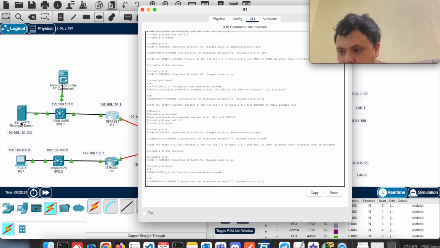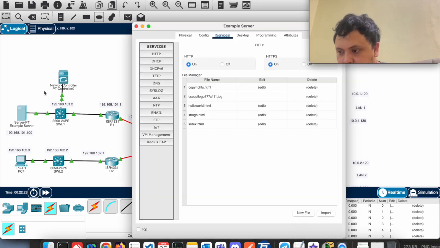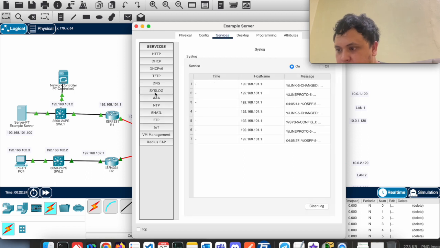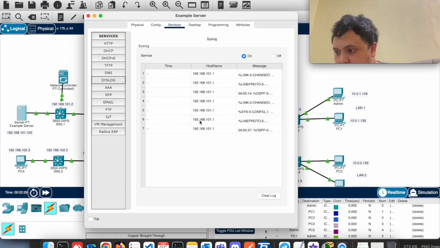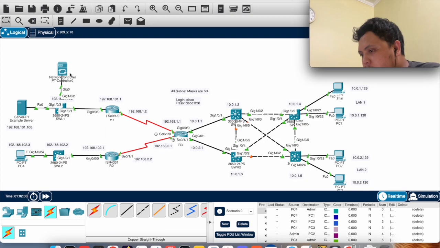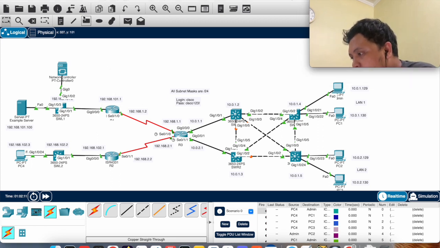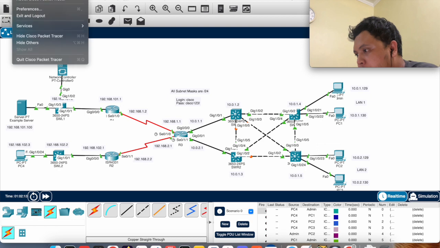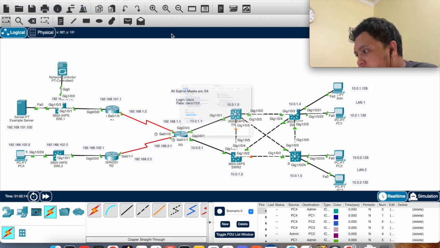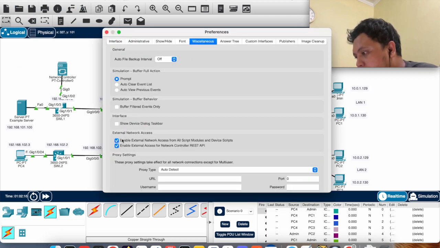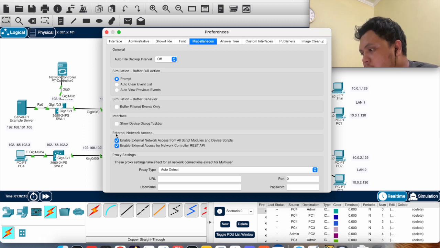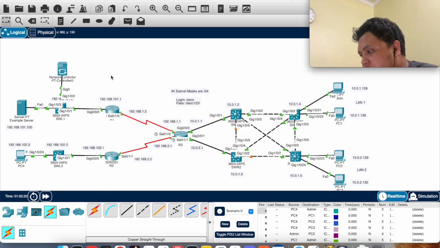Okay, let's see the log here on the example server. We go to syslog, and the log has appeared here. All the configuration works, and I want to show the option that we have applied in preferences, miscellaneous, and check all those checklists. It is used to